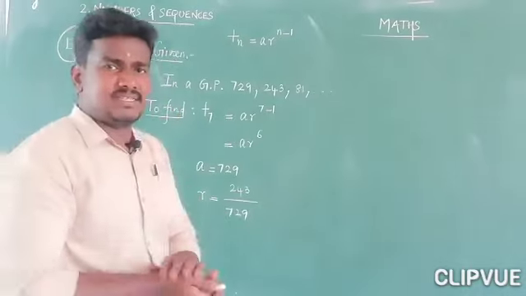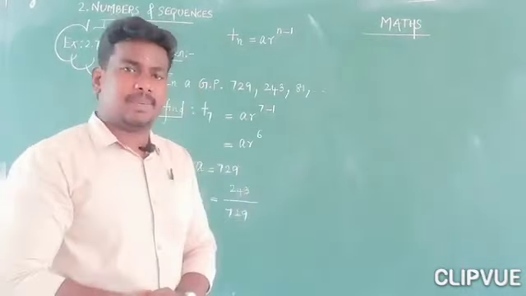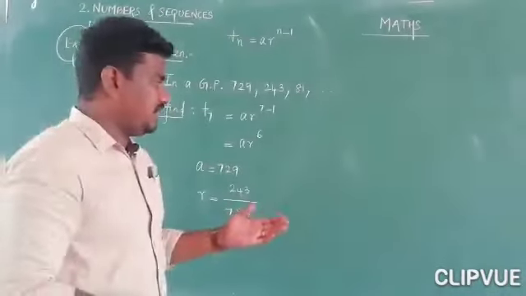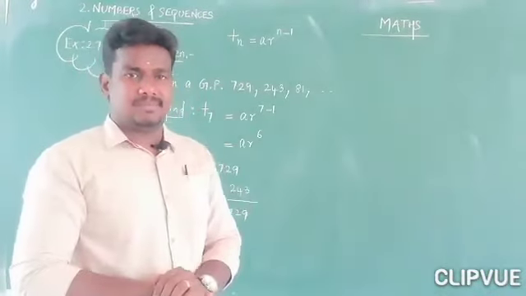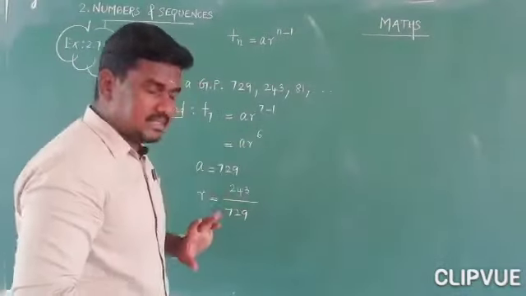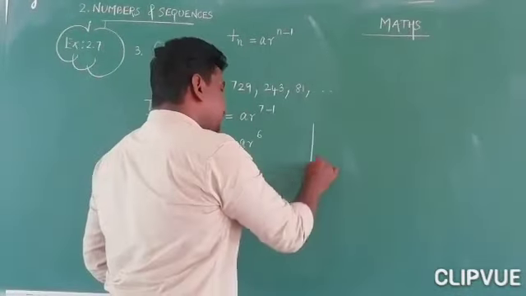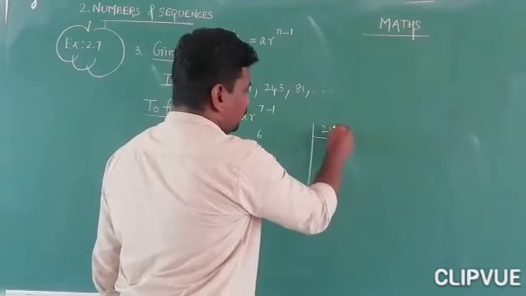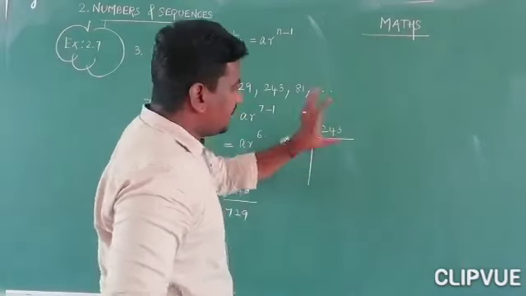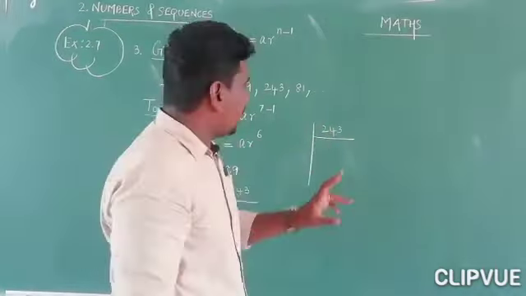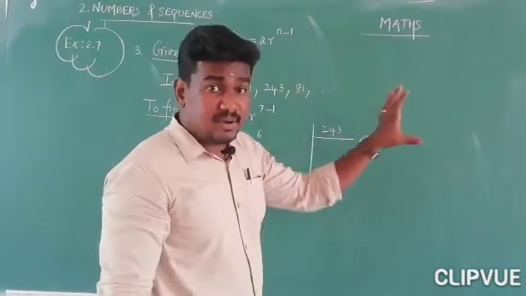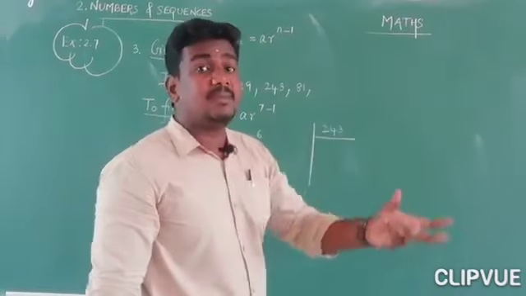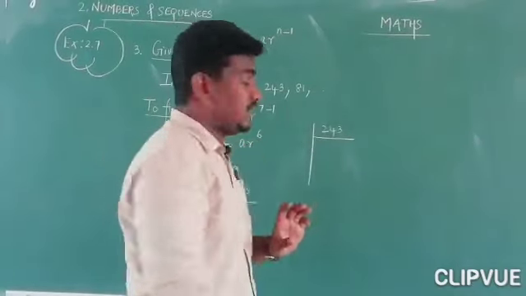If you have 3-digit numbers, better you can find their prime factors. If it is 1 by 5, 1 by 2 or 2 by 10, we can easily simplify them. If you have 3-digit numbers, you can find their prime factors. So first 243. Definitely it will be divisible by 3. How? 3 plus 4 is 7, 7 plus 2 is 9. If the sum of the digits is a multiple of 3, it can be divisible by 3.